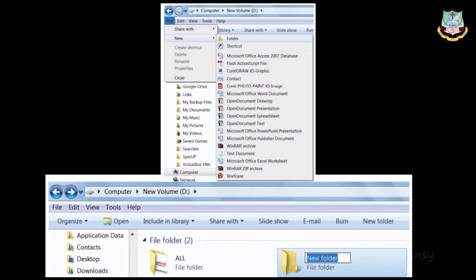With the left mouse button you have to double click, or else you can right click and options will be there, and from that you can click open. One drive will be opened there. In that, whichever drive you need, the D drive or C drive, inside which you want to create a folder,